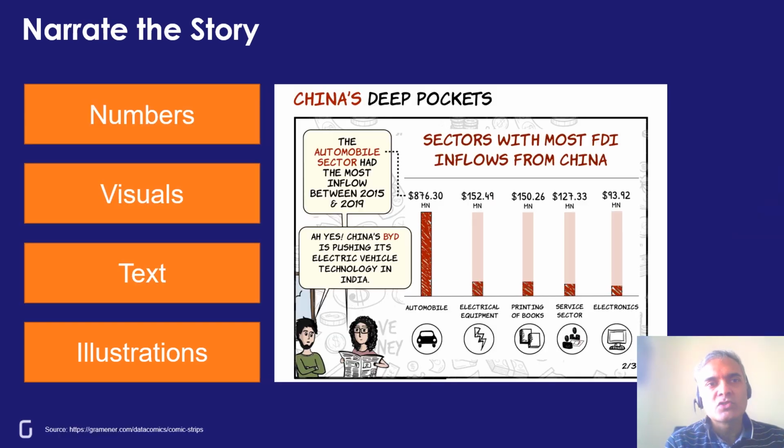These mechanisms of storytelling are not mutually exclusive. It's possible for you to combine all of these into a single story. For example, this story talks about China's deep pockets, and it uses text clearly in the form of the dialogue between these two characters as well as the titles. It uses the numbers to indicate what's happening. It uses a chart, it uses illustrations, it uses comics, and through all of these mechanisms, we get a feel